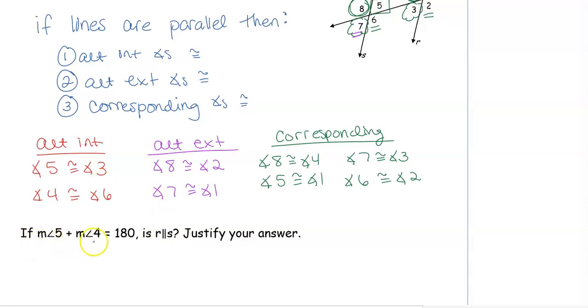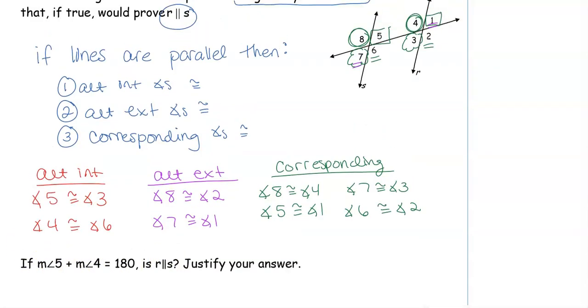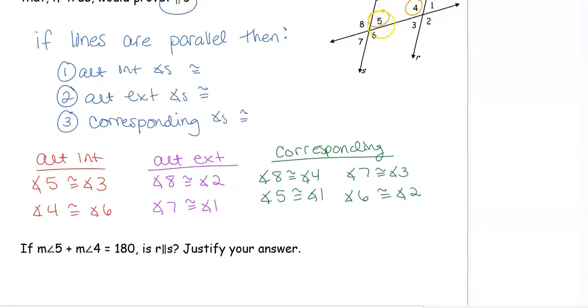If the measure of angle 5 and 4, if I add together the measure of those two angles, so let's clean up our graph here, 5 and 4. So here's 5, here's 4. If I added 5 and 4 together and it equaled 180, could that prove that line R is parallel to line S? Yes. We think about what relationship would I expect to find. So I think about the name of the relationship, and those are same side interior angles. So yes, because angle 5 and angle 4 are